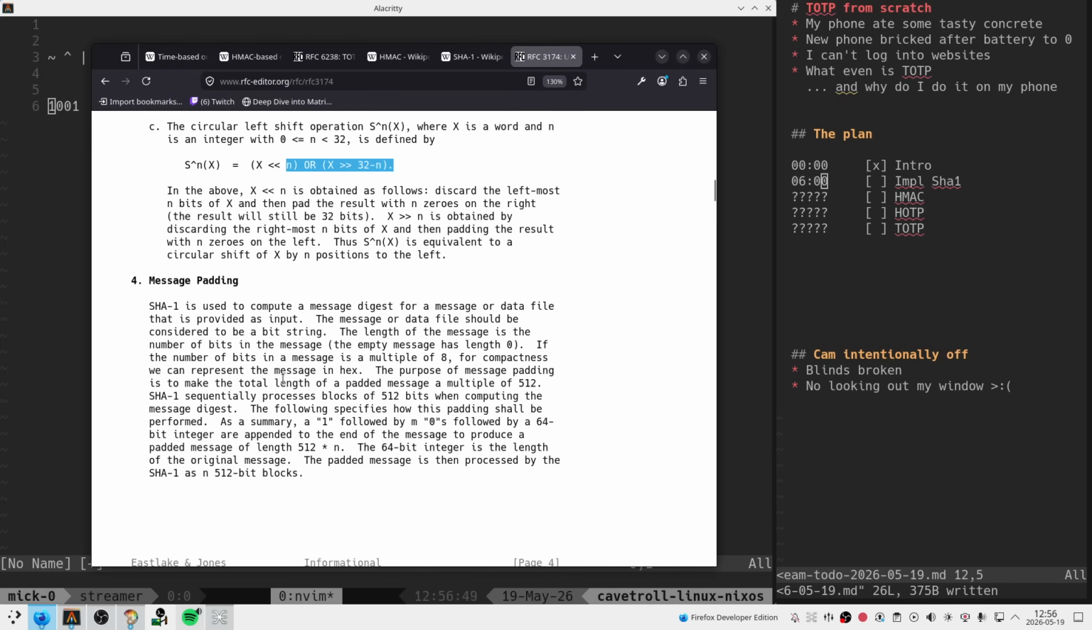All right, then they're talking about message padding. So you are trying to do this on some input. The message or data in the file should be considered as a bit string. The length of the message is the number of bits in the message. An empty message has length 0. If the number of bits in the message is a multiple of 8, which everything that we ever do will be,